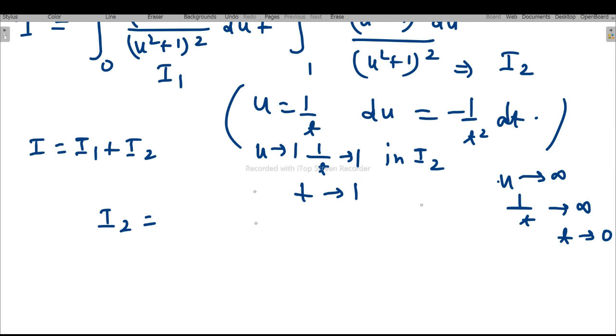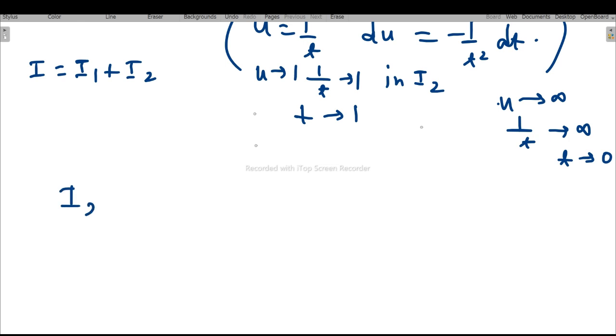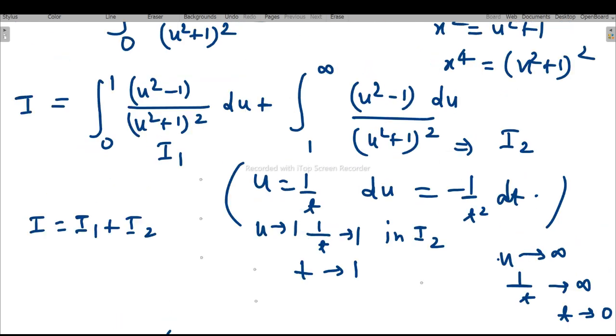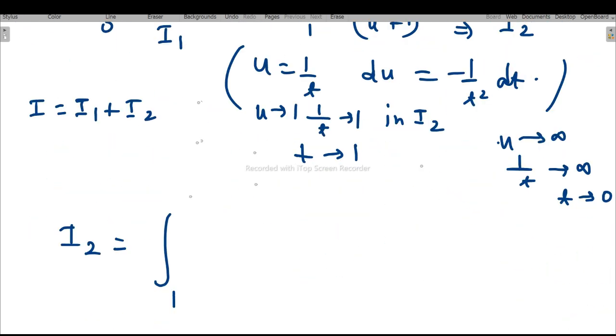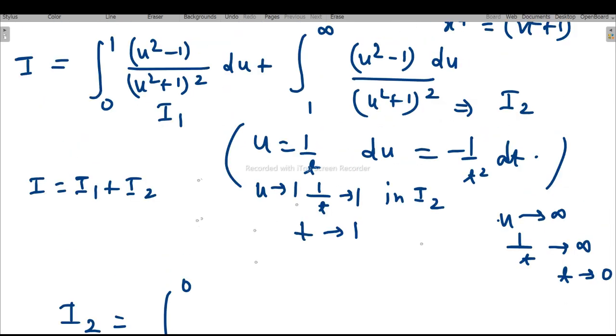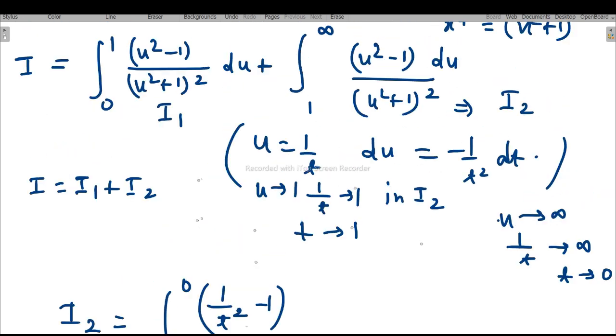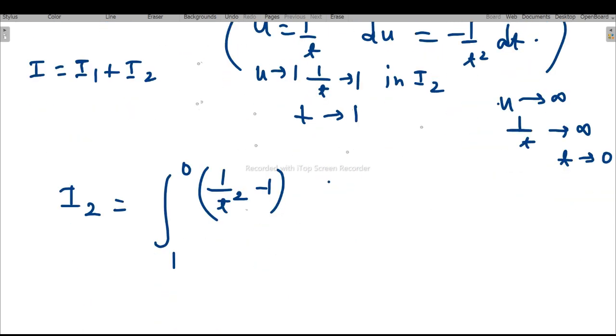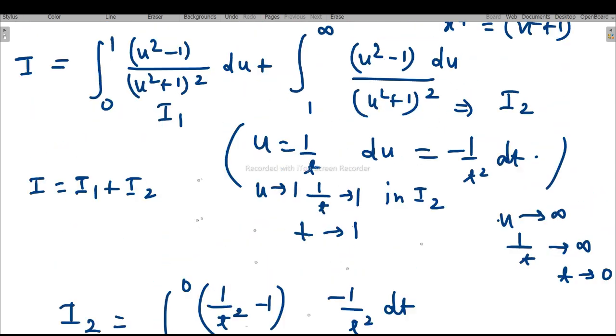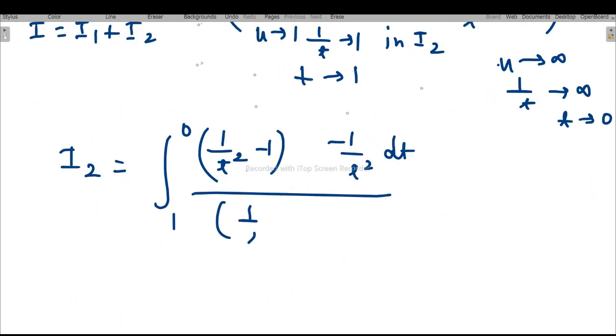So our limit of integration in I2 changes from 1 to 0, and the integrand becomes (1 over t square minus 1), with du equal to minus 1 over t square dt,